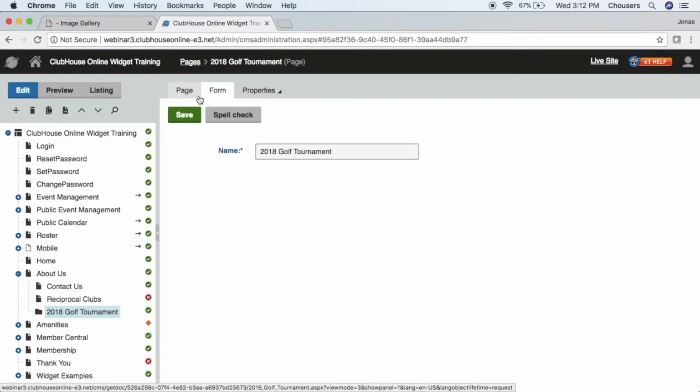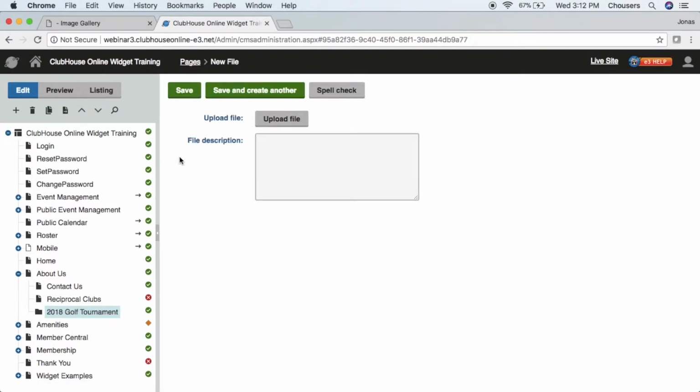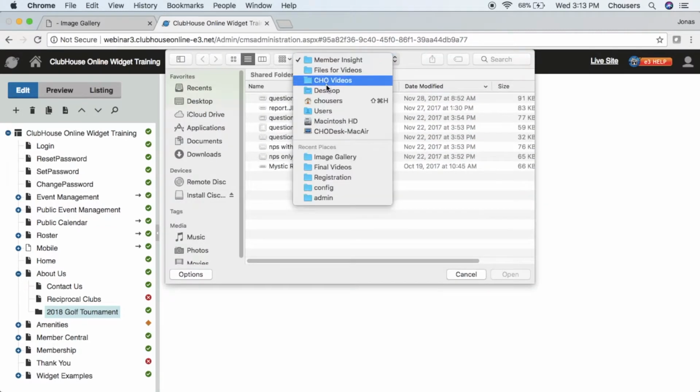Now that we have our folder, the second step is to go ahead and add those images into our folder. We can do that by selecting our folder within the content tree, clicking that plus sign again, and this time we're actually going to use the file option. We will use the file option to upload each of our images. So to do so, you're just going to look for that upload file button, navigate over to your folder,